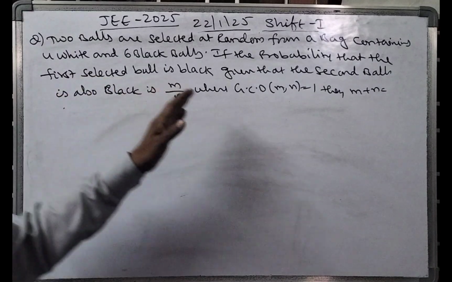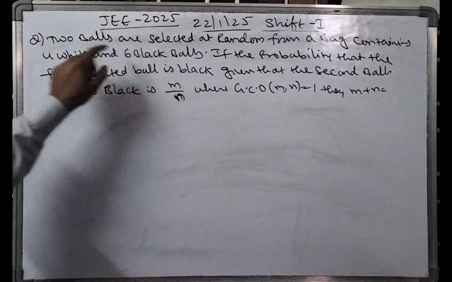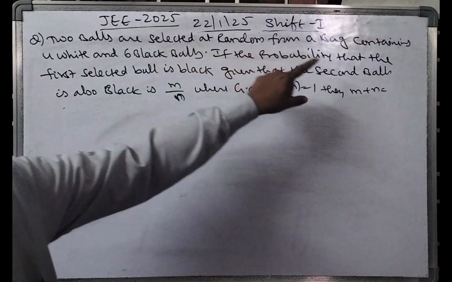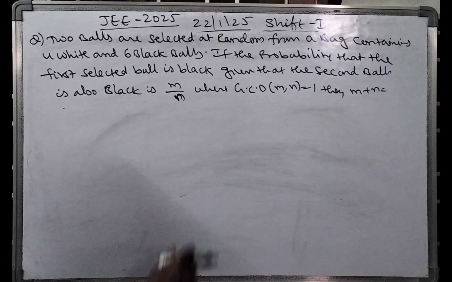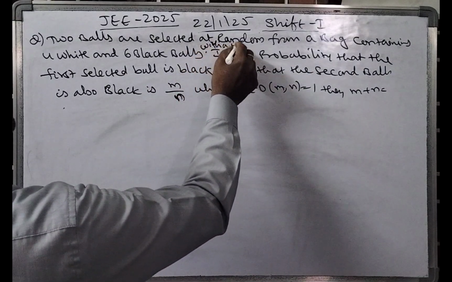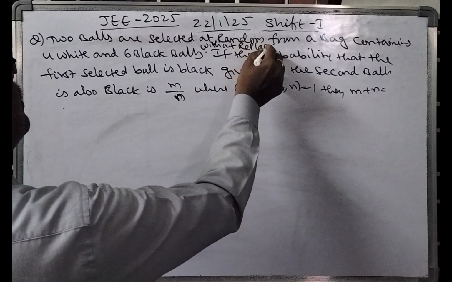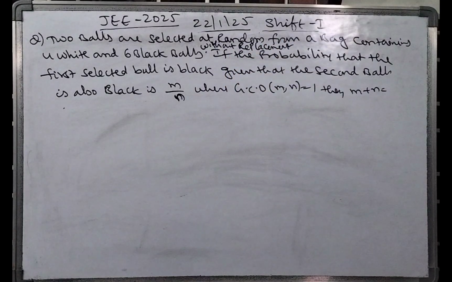So from probability, today 22nd shift 1, this is the probability problem given. Two balls are selected at random from a bag containing 4 white and 6 black balls, without replacement, that is the condition given. If the probability that the first selected ball is black, given that the second ball is also black, is m by n,